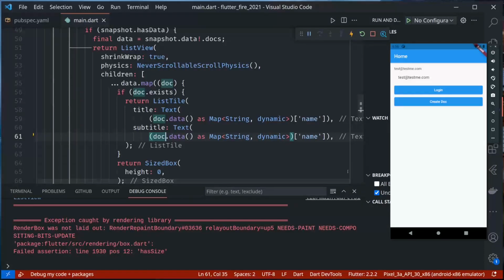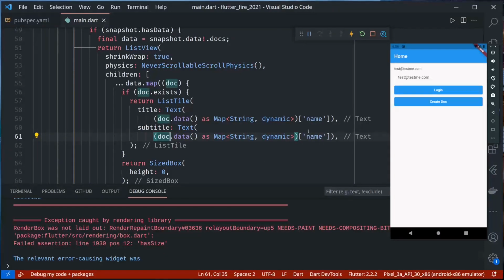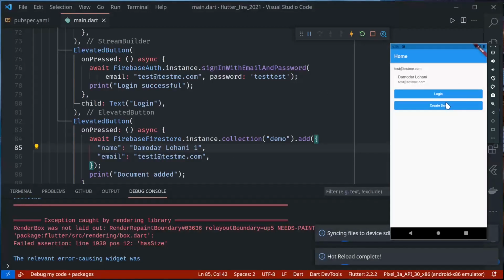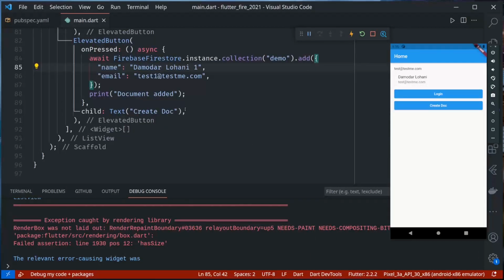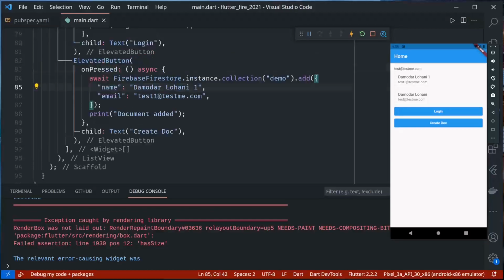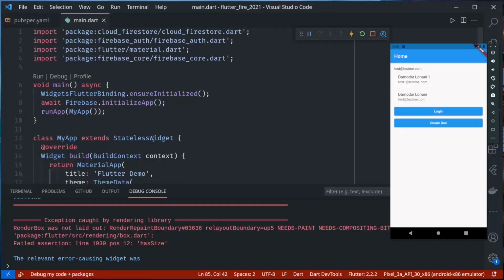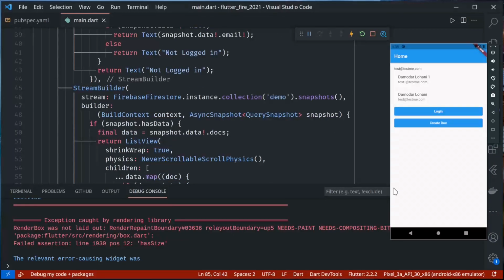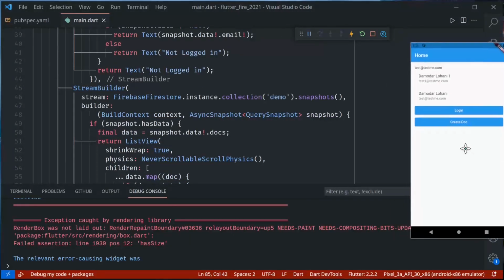I can show name, email. So let's add another data, and if I tap create doc, I should see another data. So this is how easy it is to integrate and use Firebase Cloud Firestore with the updated Firestore plugins